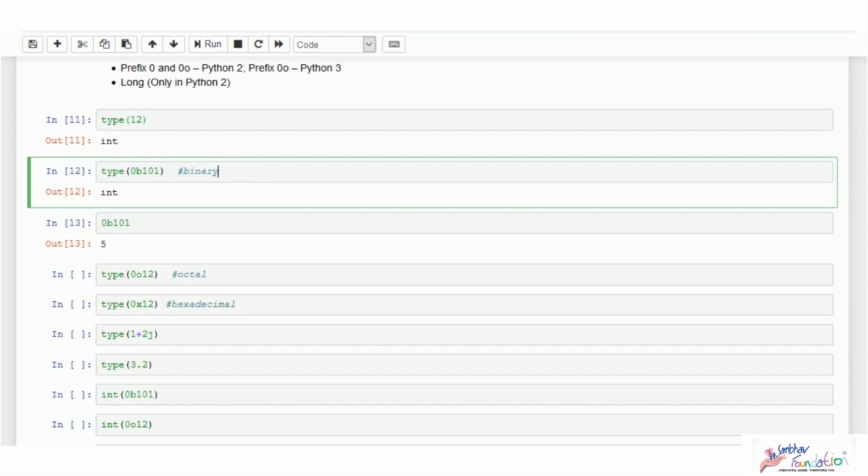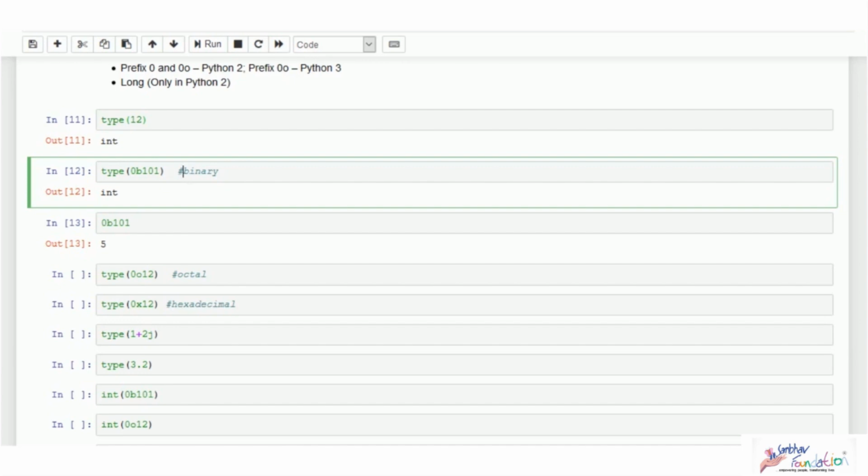So this hash symbol represents a single line comment. If you don't type anything, it just stays as code, but if you use this hash, you can type out your comment. You cannot type more than one line when you use hash, so this is only used for single line comments.